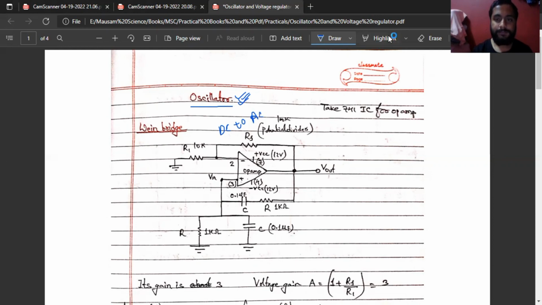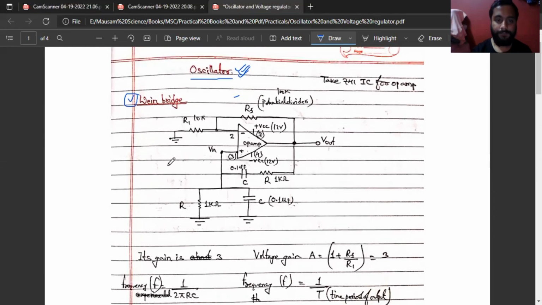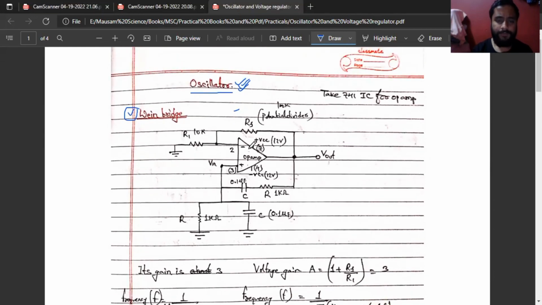So the experimental diagram of the oscillator is mentioned over here. I want to go through that diagram, how to connect this oscillator and what type of voltage gain will be there, how many times the voltage gain is possible with this Wein bridge. It is the first type of oscillator, Wein bridge, and the second type we'll discuss is the phase shift oscillator. At first we need an operational amplifier, which is possible with the help of the 741